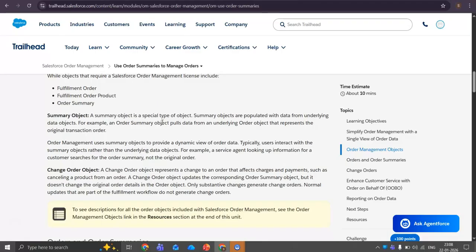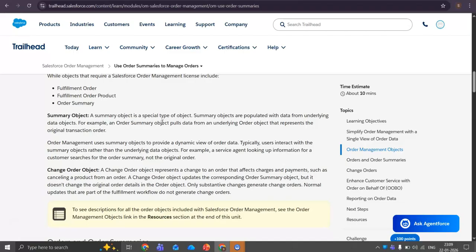If I directly cancel it in the order object instead of the order summary, then after some time, if I want to know what the customer exactly ordered, how will I get to know that the customer ordered two products and cancelled one of the two? To differentiate this, that's why we have two different objects: order and order summary.